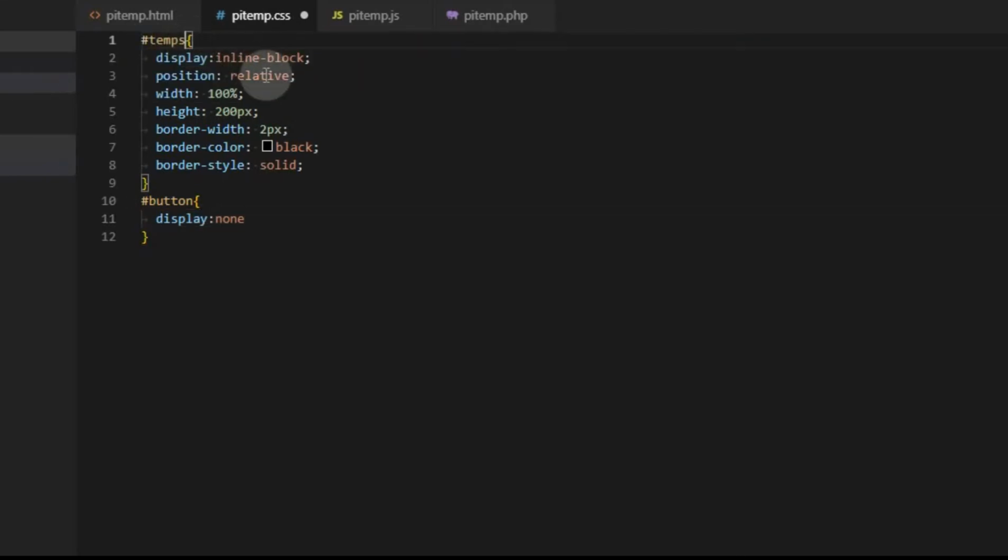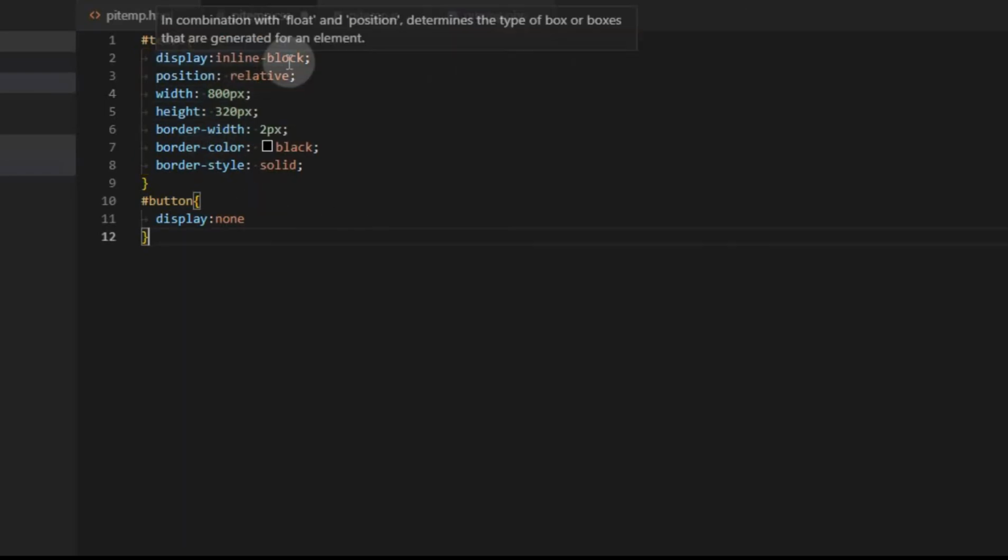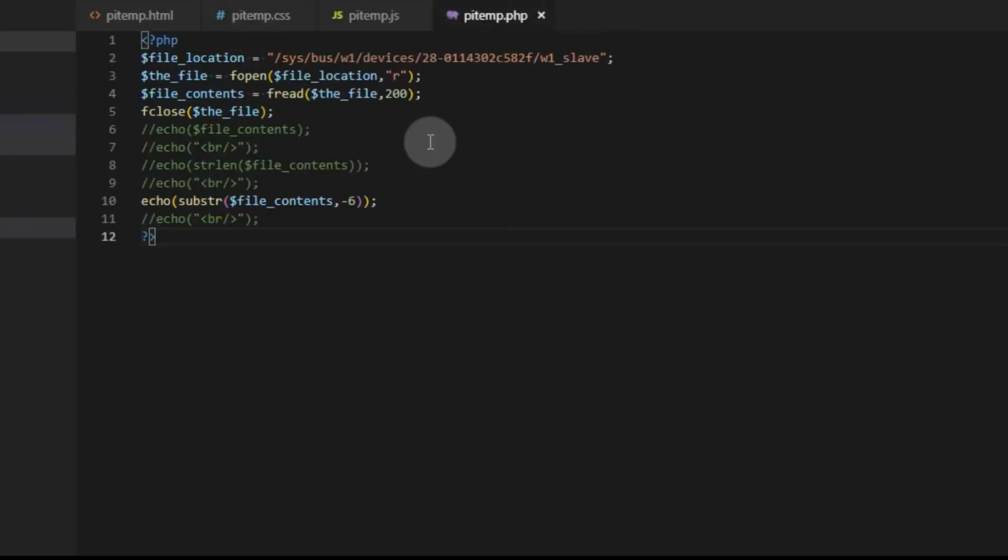And we're going to leave pretty much everything the same, except I want to go ahead and give it a defined width of 800 and a defined height of 320. And I do have to put pixels in here, but everything else in this is just going to stay the same. So we're going to save that. For the PHP, we're going to leave that just the way it is, and now we'll make the changes in